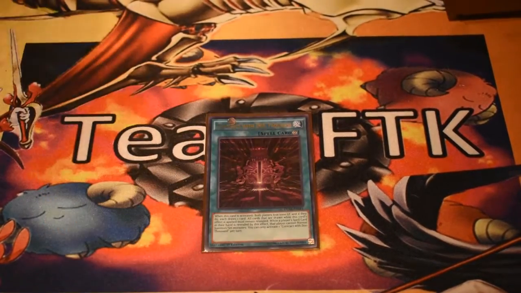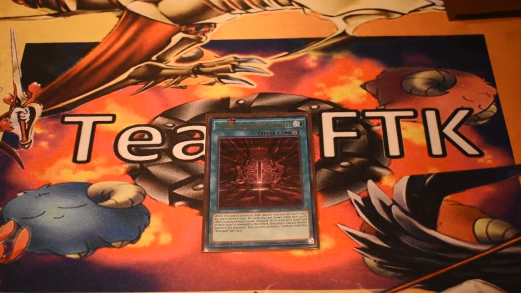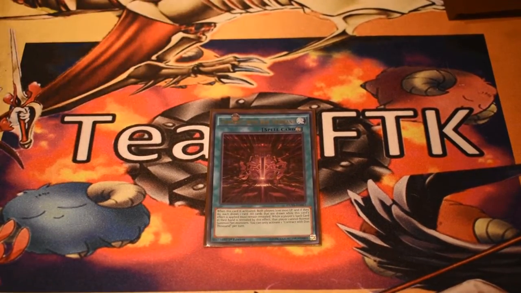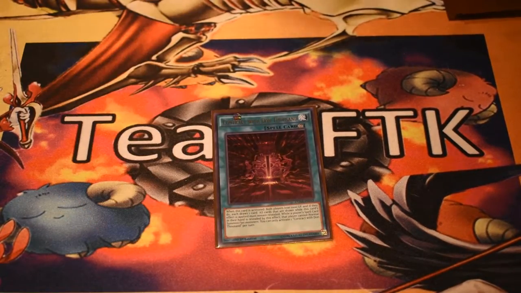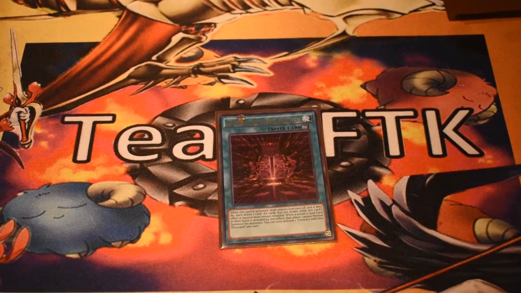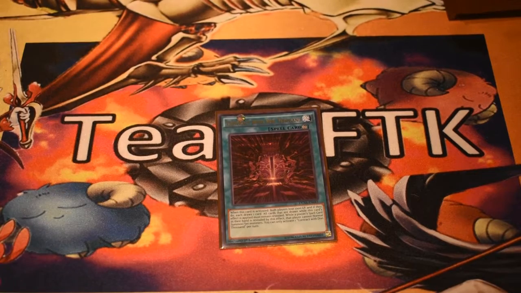Then I'm playing 1 Contract with the Dawn 1000. I really don't know how I feel about this card. I'm back and forth. This is my replacement for the 3rd Desires because I don't have a 3rd Desires. So basically what this does is you activate this, both players take 1,000, then both players draw a card, then both players have to reveal their hands if they have any spell cards in their hands, and they can't activate them, they can't